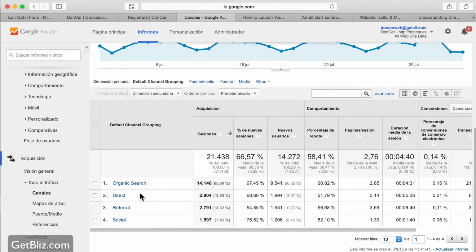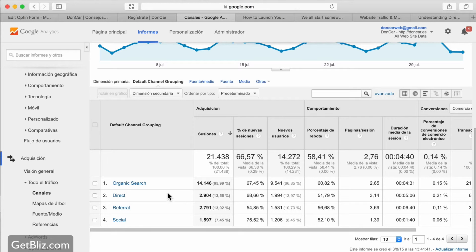Direct is people that are typically clicking on a link inside an email, in a newsletter, because we've been collecting email addresses. There are a lot of people that subscribe for free, and we try to convince them to convert into paying subscribers by sending them a newsletter, and they click on a link. We can track that. Referral is other publications talking about OnCar with links back to our website. And social is when we post stuff on our Facebook page, other people share those posts on Twitter as well, and then we can track that.